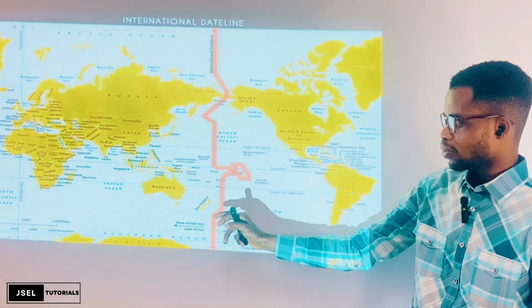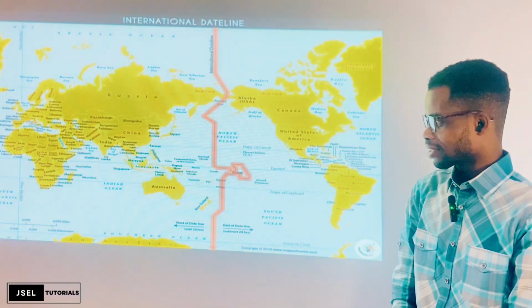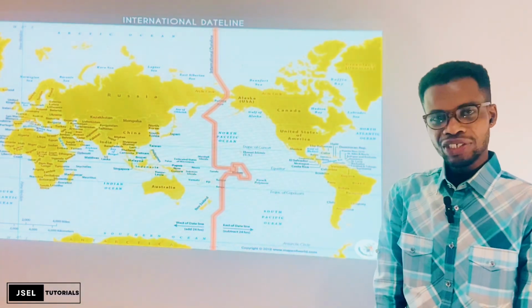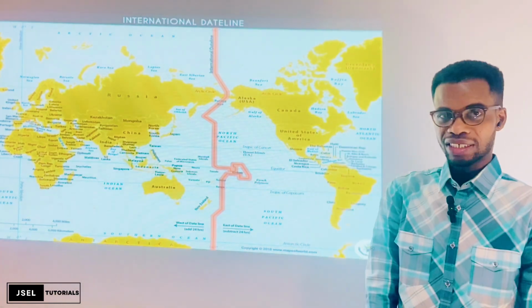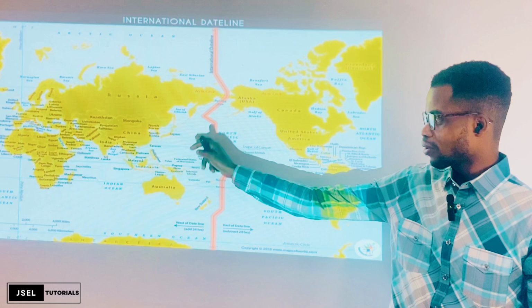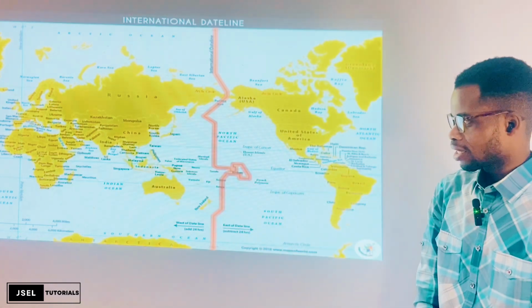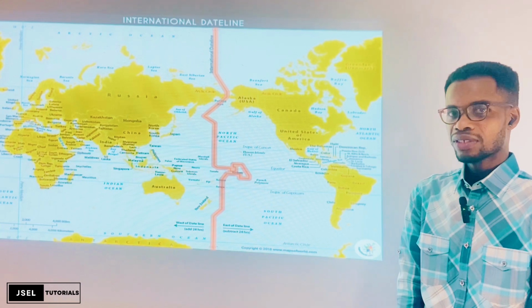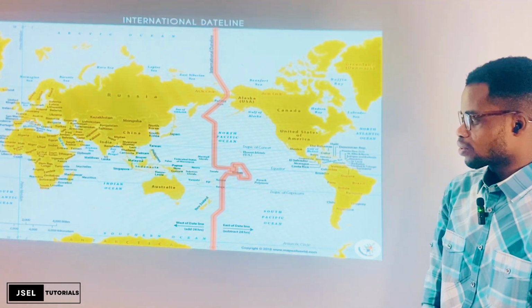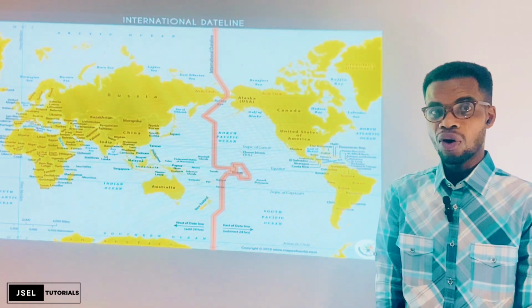So you see the North Pacific Ocean, and there are some islands here. Then you see those Fiji Islands, Tonga Islands, Samoa, and Auckland. You see them, New Zealand. All these areas are a bit closer to the international Date Line. So that is what we see, and that's how it appears on the surface